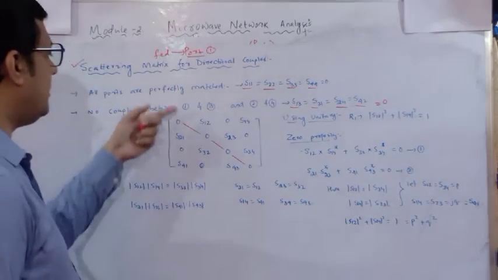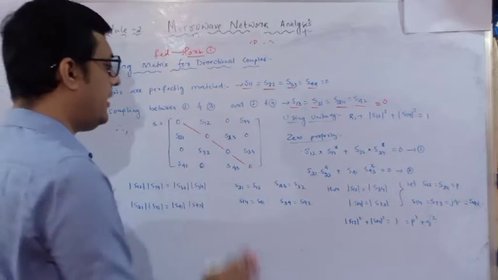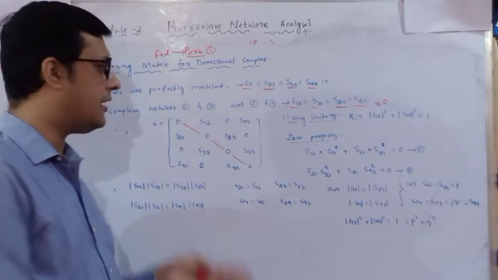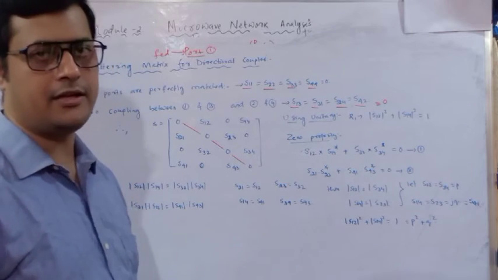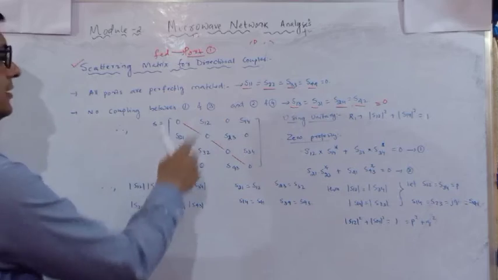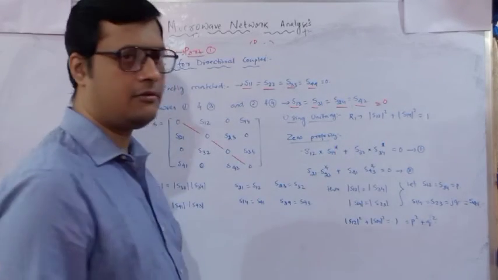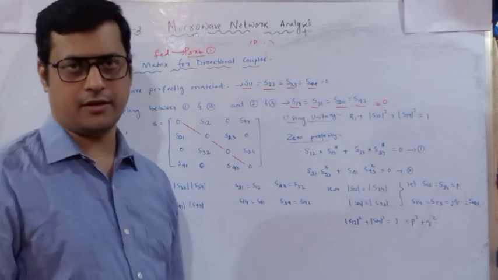Now using these two conditions I have substituted here. Okay. Now either you can represent the whole matrix as it is, or you can represent that one parameter is real and one parameter is complex, like that. So here what I have done, I have taken the first row, taken as a square, S12 squared plus S14 squared must be equal to 1. That is using the unitary property.